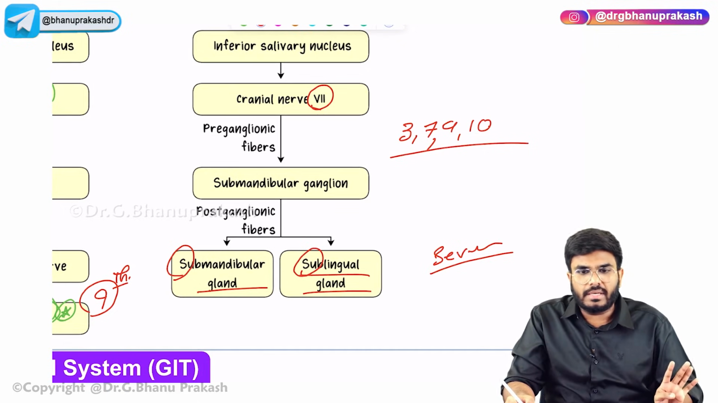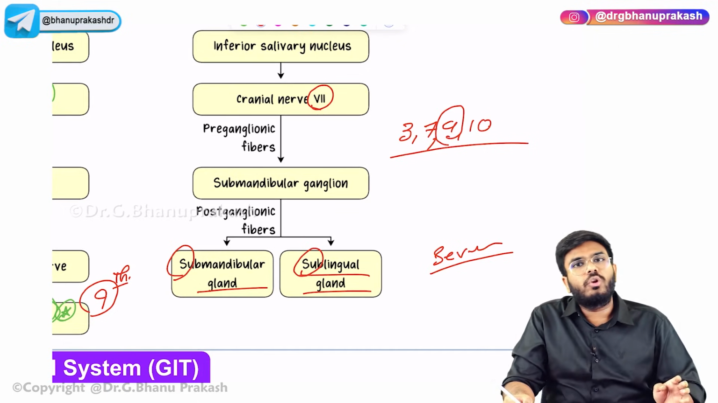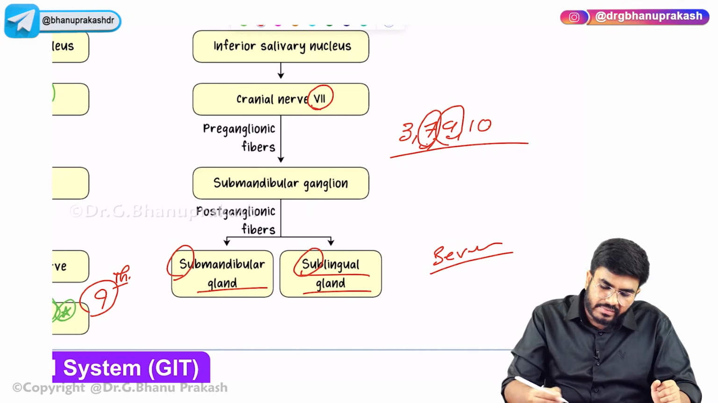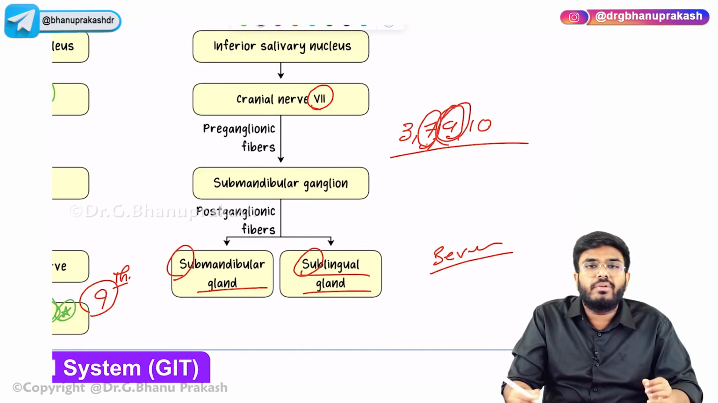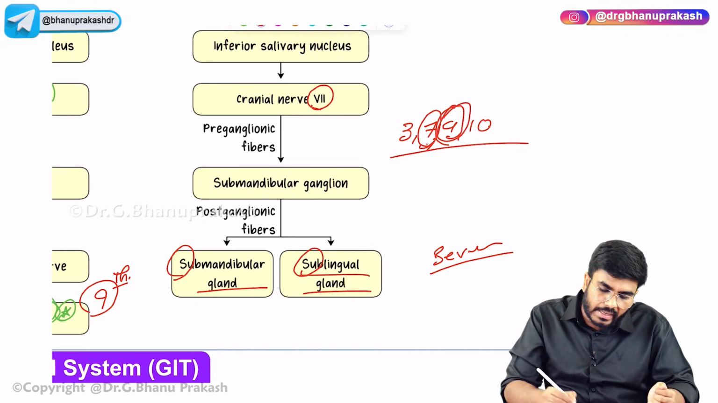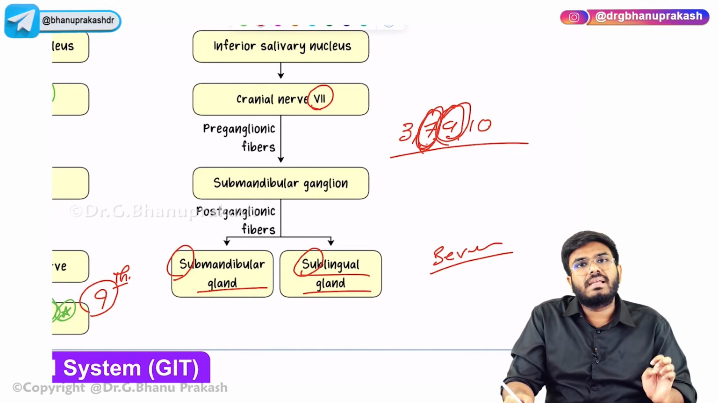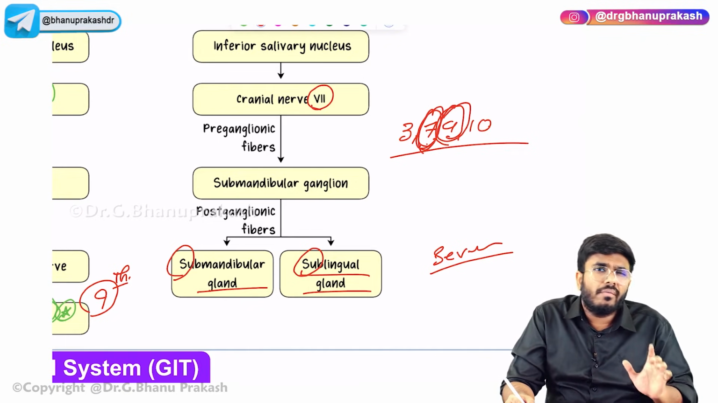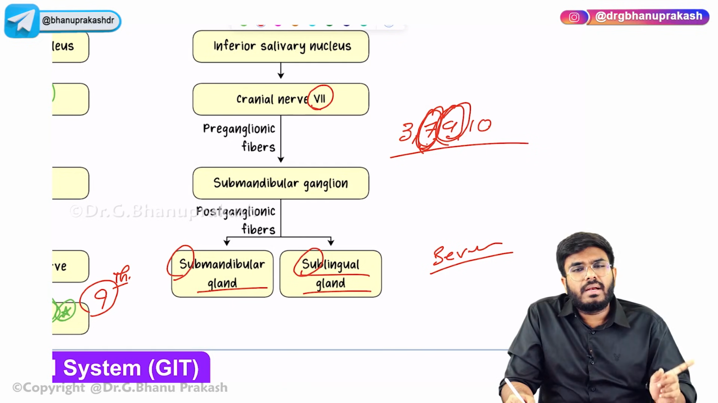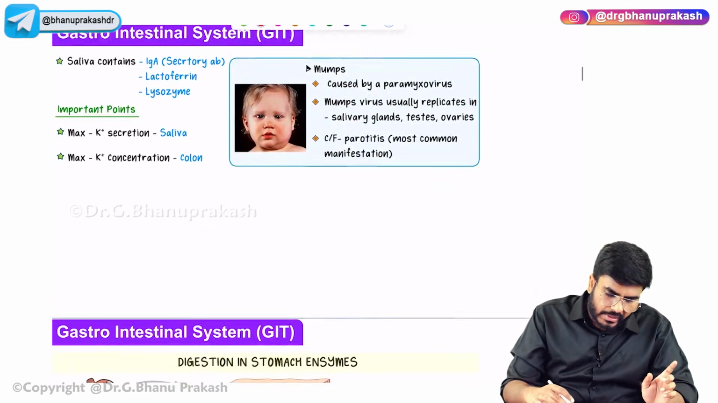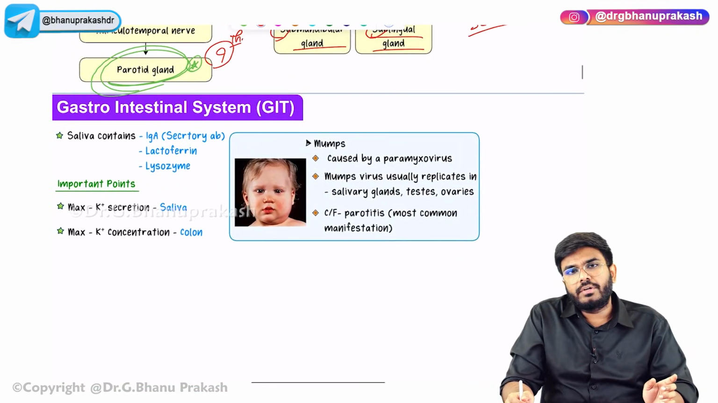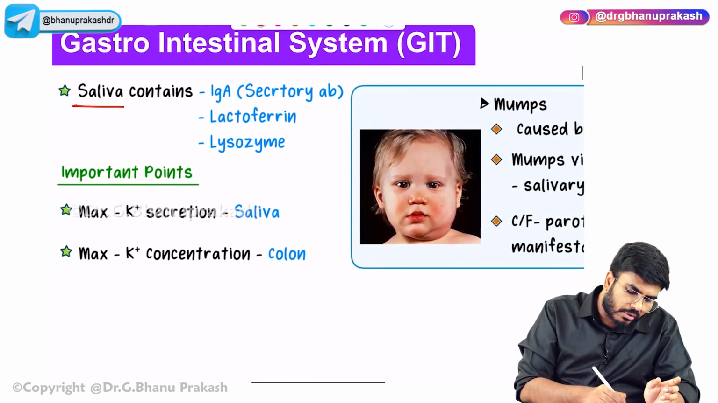So the 9th is going to control your salivation from the parotid salivary gland. 7 is going to control your salivation of your submandibular and sublingual salivary glands. So innervation also completed. And what else I want you to know is the saliva, it not only contains the